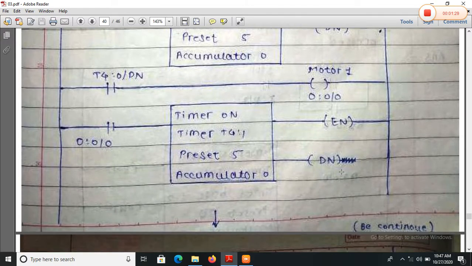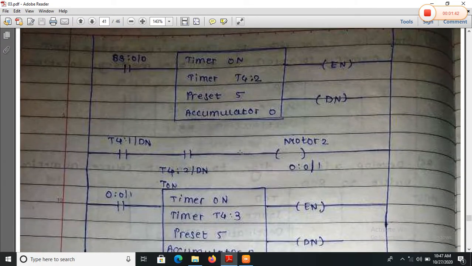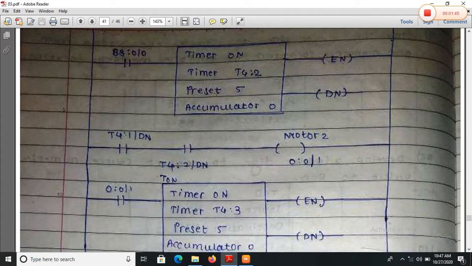Now when the first motor is turned on, it will start the second timer, 4/1. Here the accumulator value is incremented from 0 to 5. Now when the accumulator value reaches 5, it will turn on the done bit of the timer. When the done bit of timer 1 is on, then it will turn on motor 2.